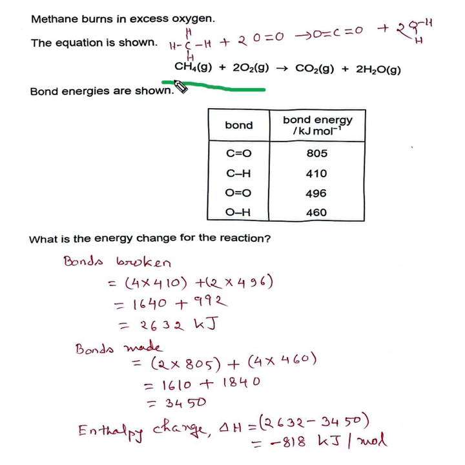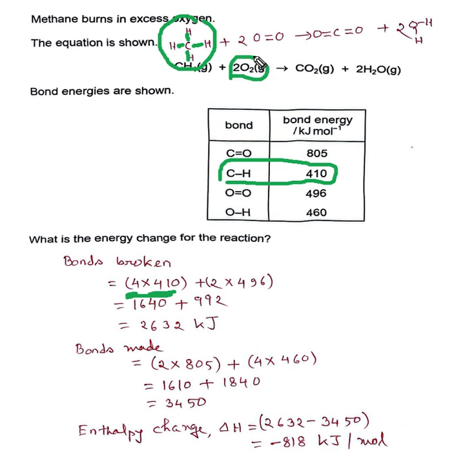There are 2 reactants here. One is methane, the other is oxygen. So for bonds broken, there are 4 carbon hydrogen bonds in CH4. If you write the displayed formula, you will see there are 4 carbon hydrogen bonds: 1, 2, 3, 4. 4 times 410. The carbon hydrogen bond enthalpy is given as 410. So 4 times 410 plus